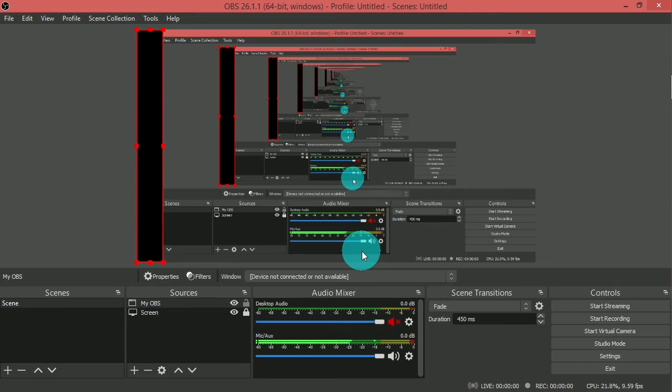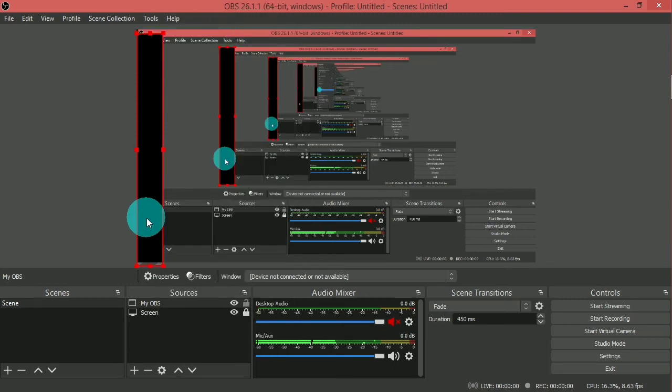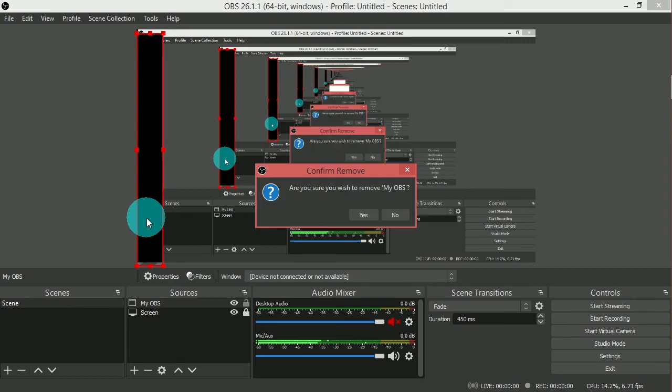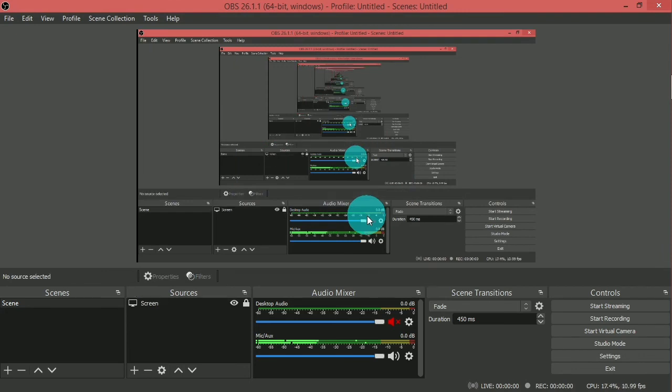To remove a source, press the delete key on your keyboard, or another option is you can right click on the source and here you can choose remove. So let me choose the easier way by pressing the delete key. And here it will ask a confirmation, and here let's press yes, and it has got deleted.